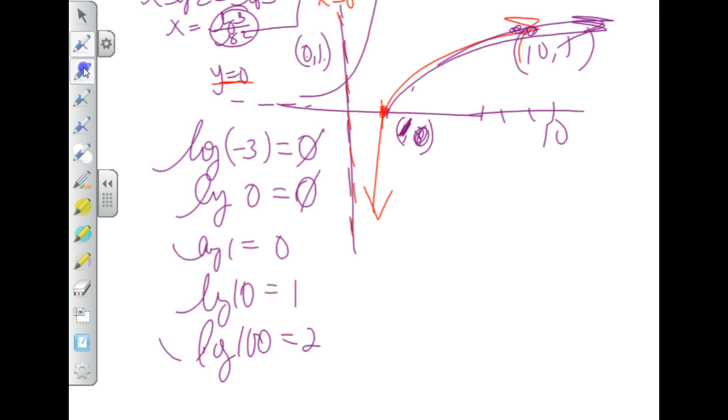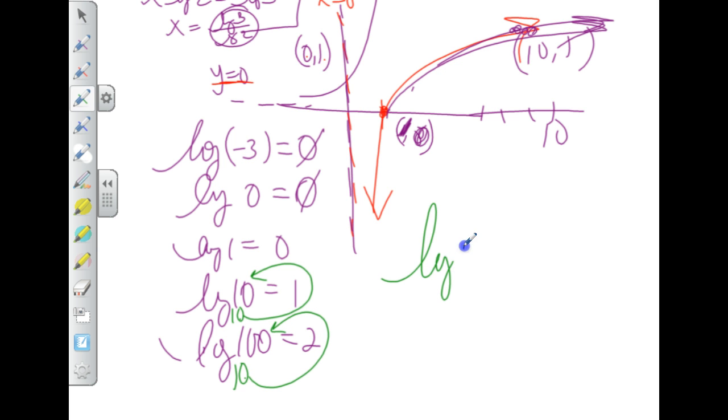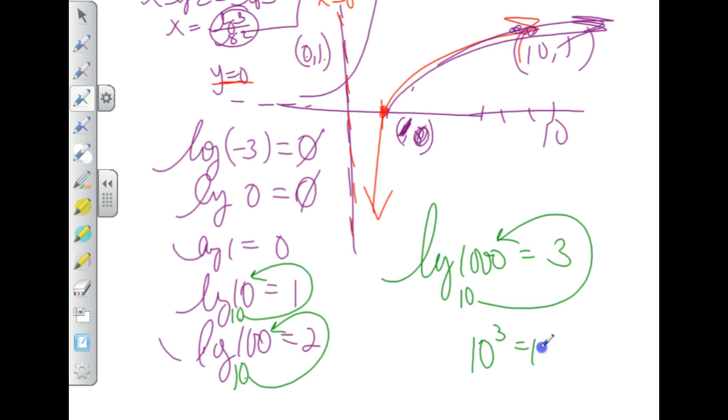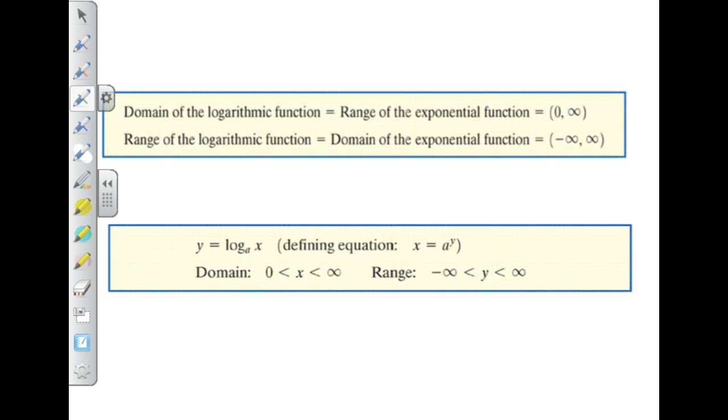The reason why is because if you look at the fishhook here, the understood base is 10, so 10 to the first is 10. And the base here is 10, so 10 squared is 100. So all you have to do is count the zeros. If you have the log of 1,000, the answer is 3, because 10 cubed is 1,000 if you do the fishhook definition. Remember, your calculator does base 10. You can always